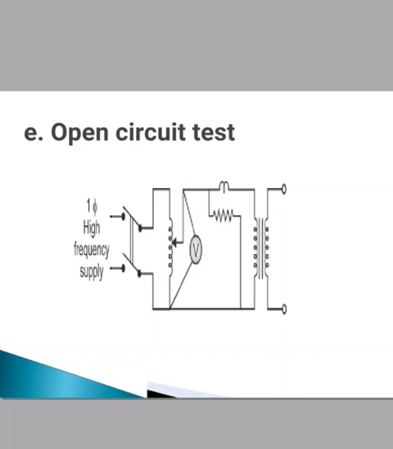Hence, in this test, variable high frequency voltage is applied to the LV winding of the transformer, as shown in the figure. Then the voltage is adjusted to that value at which the wattmeter reads the full load copper losses plus iron losses at normal voltage. This condition is maintained till the final steady state temperature is reached and the temperature rise is calculated from the resistance value.